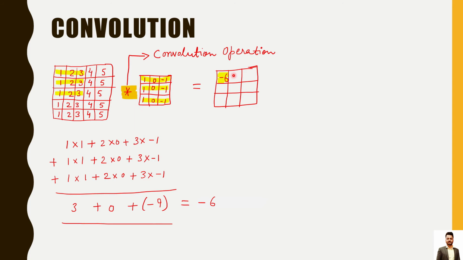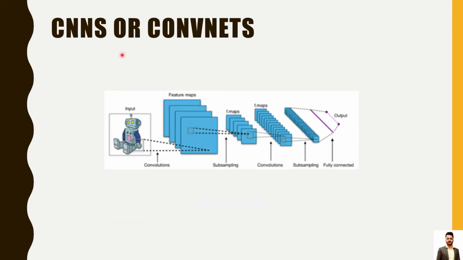So something like that, and you will be able to do the convolution for each row, and correspondingly moving down for the full image, and you can fill this answer. This is convolution. So CNNs or convnets are something like, let's say that you have an input image, you do convolution, which we just discussed, and this convolution will form a feature map, which is also called activation map.